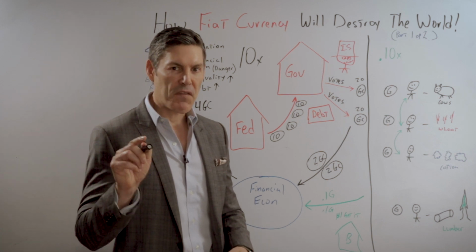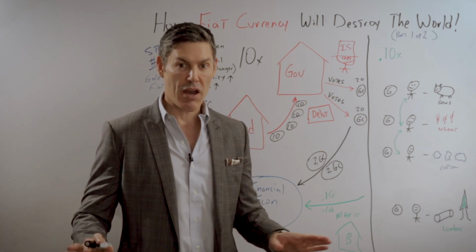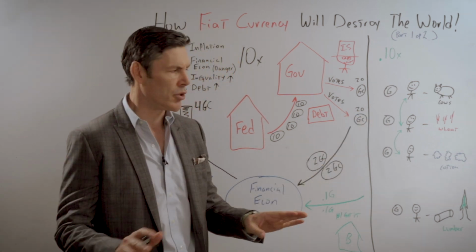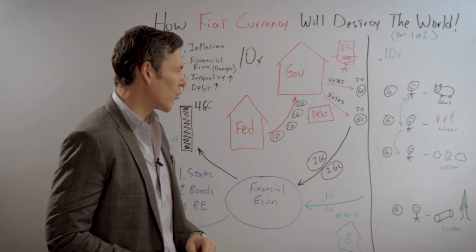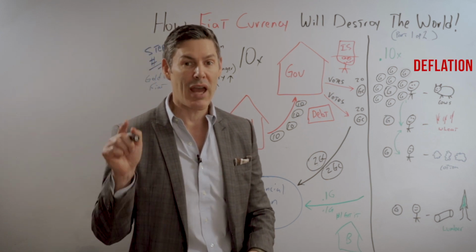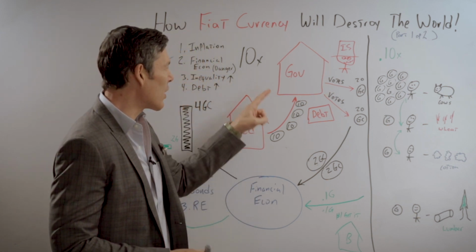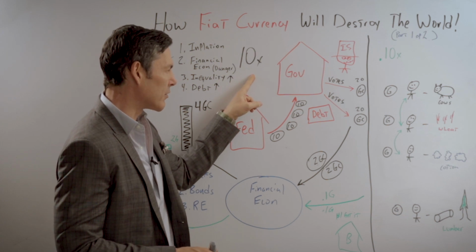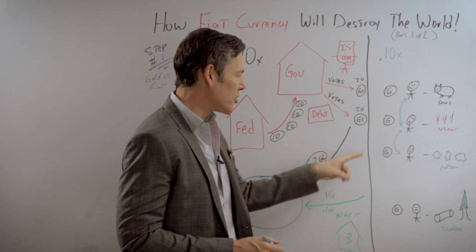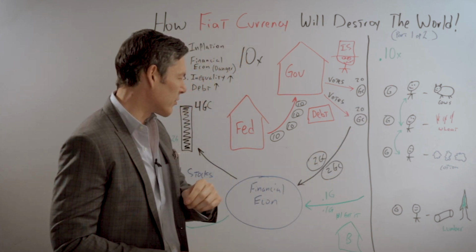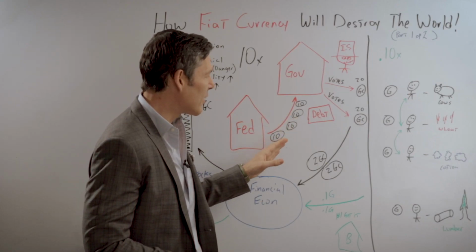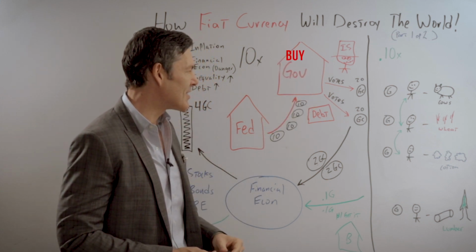So how does a fiat currency system change everything? The Fed looks at how many coins are in the system and says, oh, no. That will not work. We don't want to subdivide these coins because that will create deflation, and we hate deflation. So we're going to create 10 times more coins. We want roughly 40 coins. So we're going to print up these things called GCs, or G coins for government coins. And they print up 40 of these, and then they buy government debt.